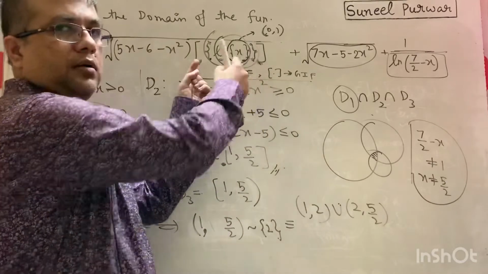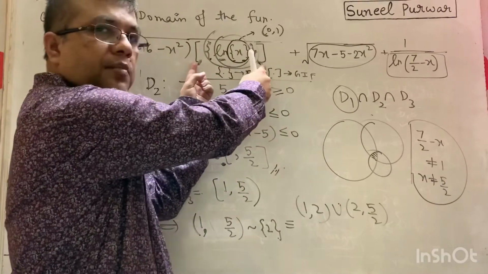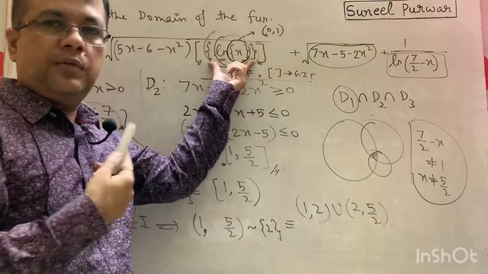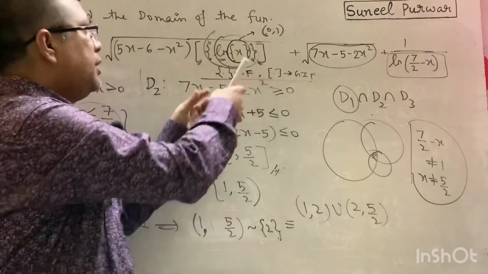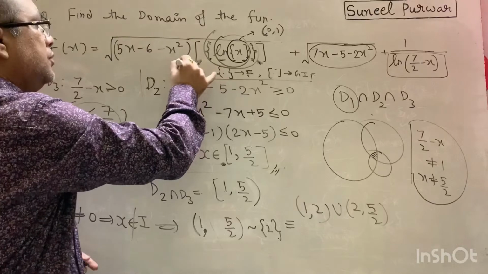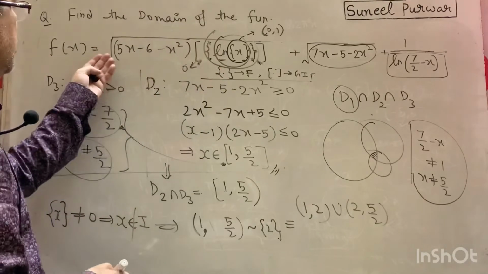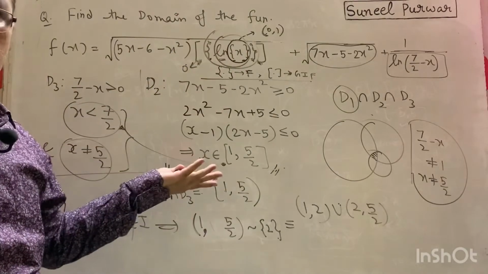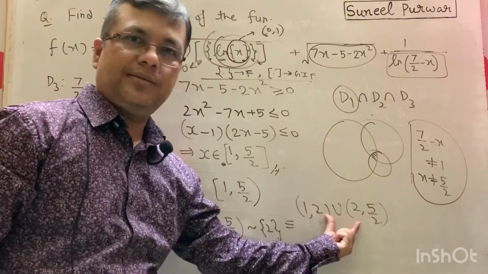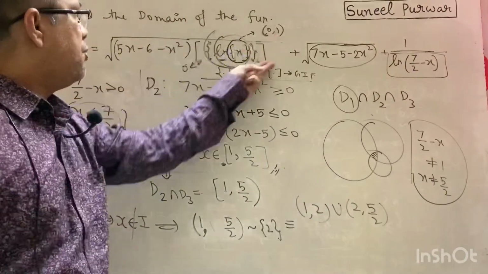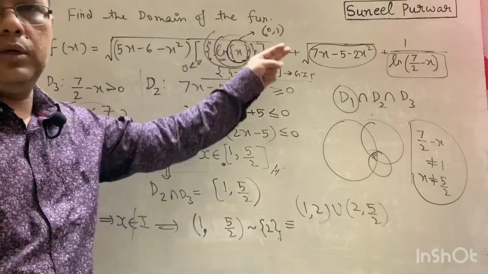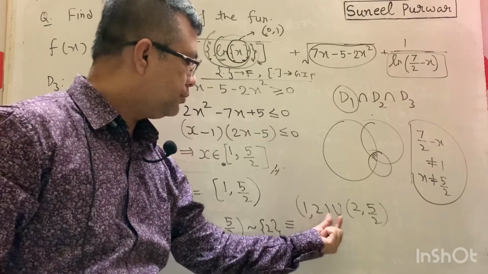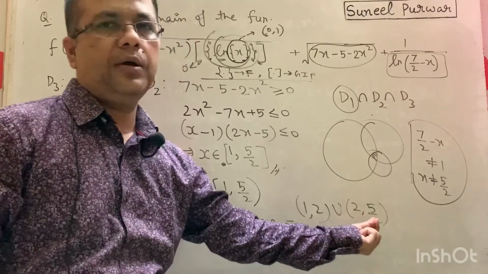If you find the box of any number between 0 to 1, the fractional part can go only between 0 to 1, so if you find the box of that, it will become 0. So this box value will become 0, and 0 into whatever is 0. So you will effectively be finding the square root of 0, which is well defined, 0 only. That means for all these numbers x, this component of the function also doesn't have any problem. So this is going to be the final domain of our function: open interval 1 comma 2 union 2 comma 5 by 2.